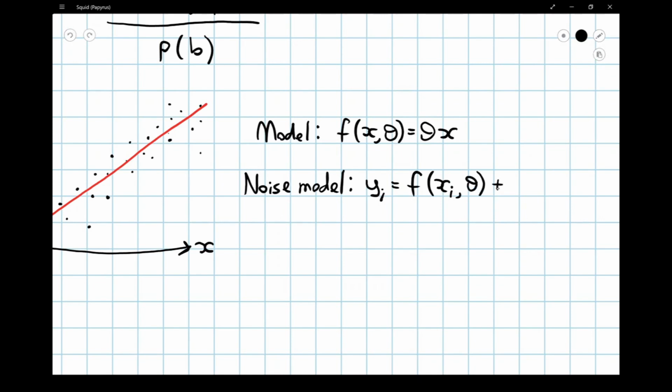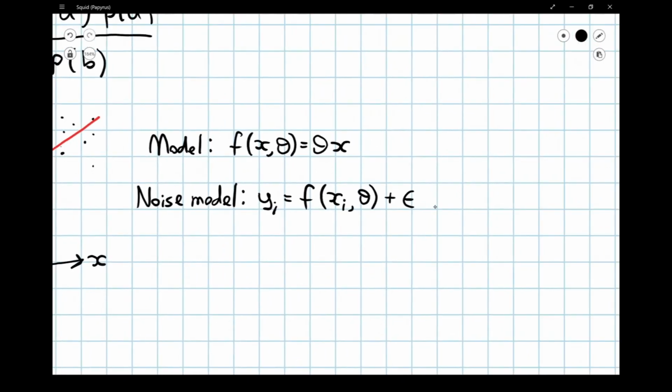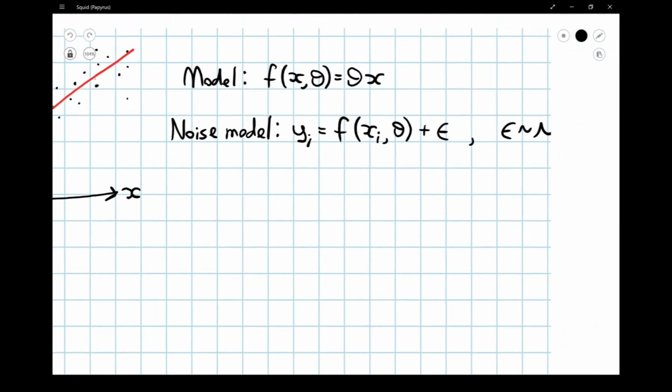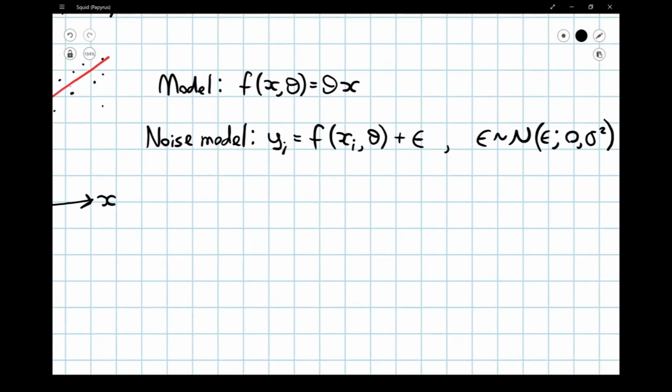But we're going to acknowledge that this sensor is noisy, so there's also this noise term added to our observation. And the noise term has come from a Gaussian, and it's got variance sigma squared. For now, to keep things simple, let's say we did some other tests in the lab, and so we think we have a pretty good idea of what sigma squared actually is. And then the situation we've got is we want to realise an estimate for theta, the gradient of the line. So we write down, okay, well,